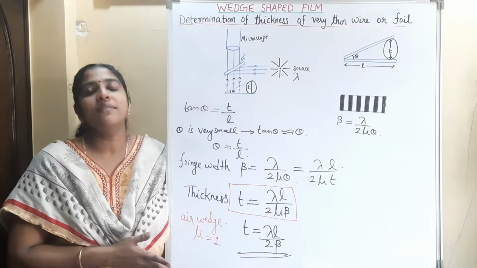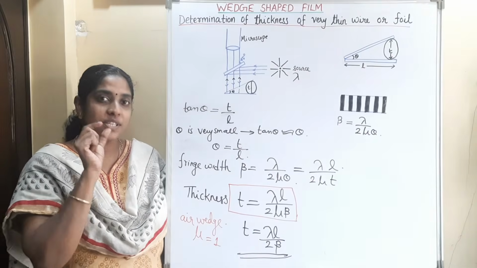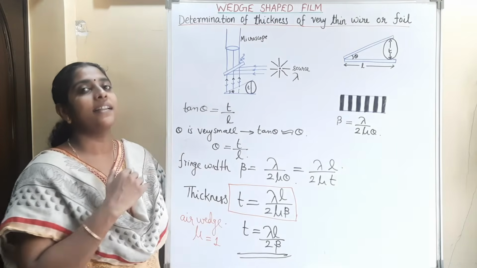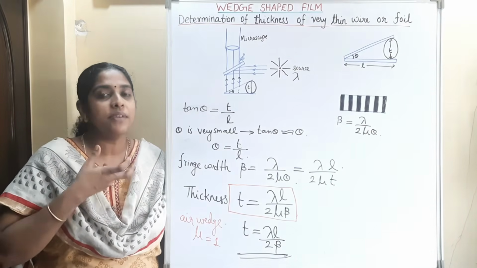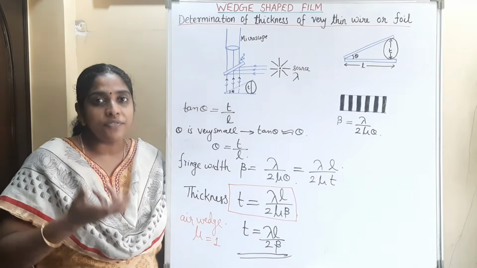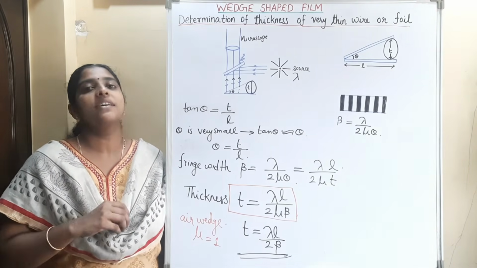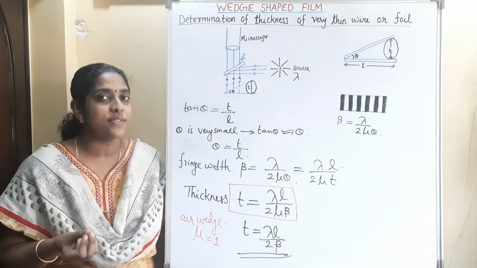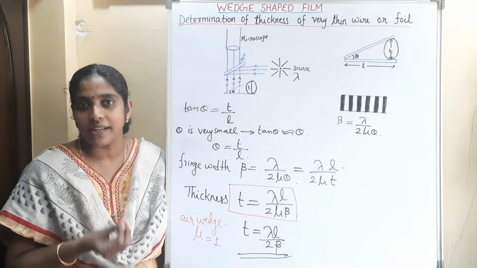So that is all about the wedge-shaped film. A wedge-shaped film is a thin film of varying thickness. It has zero thickness at one edge, and the thickness progressively increases towards the other end. Between two glass plates, if a wedge-shaped film is formed and light is incident on that system, the light reflected from the top and the bottom surface of the film will superimpose on each other and produce an interference pattern, and the path difference is 2 mu t cos r minus lambda by 2. From that we get the conditions of darkness and brightness.